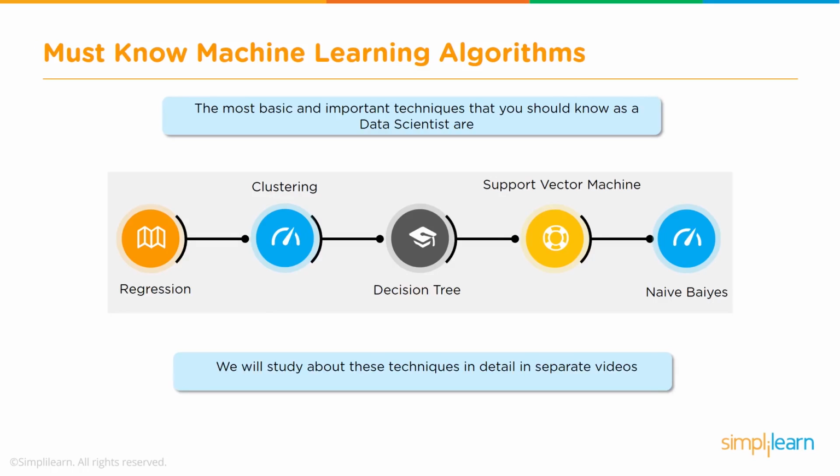We have regression, which is one of the supervised learning techniques. In case of regression, you try to come up with a continuous number. The difference between regression and classification is that in case of classification, those are discrete values, whereas in regression, let's say you are trying to predict the temperature, which is a continuous value, or the share price, which is a continuous value. So that is regression. So you need to know what is regression and how to perform regression.